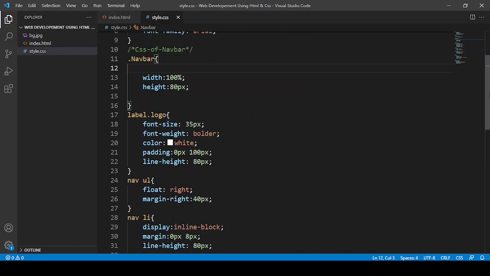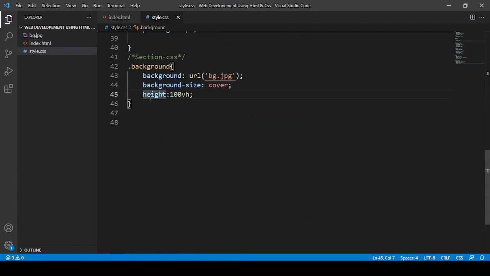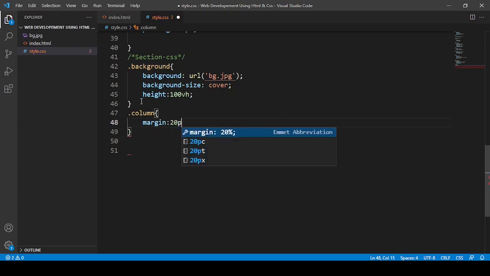So how to fix it? In that one I am going to say dot volume, and I am going to say margin 20px 40px 20px 40px.